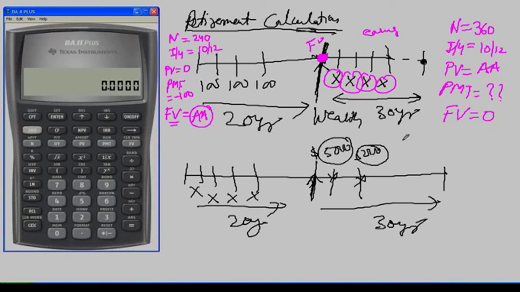By the way, this is not the only method to solve this type of problem. It is not necessary to bring FV in the middle. You can bring FV at the end also, or at the start, or for that matter anytime before. What we want is a common point. When you bring FV at the other points, the number of calculations you will be performing will be more. So that is why we take the middle path. You produce FV from here, and that FV will be utilized to satisfy your needs over here.